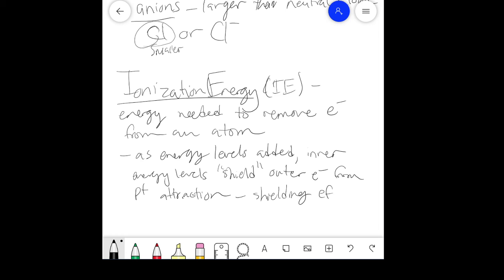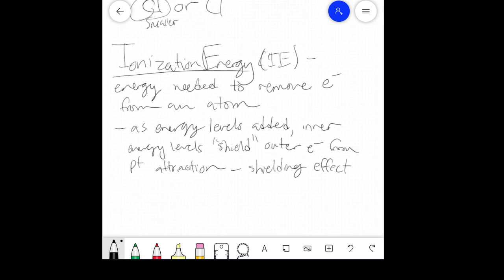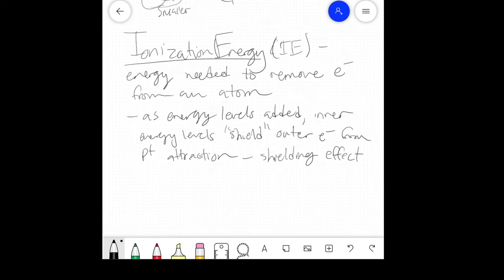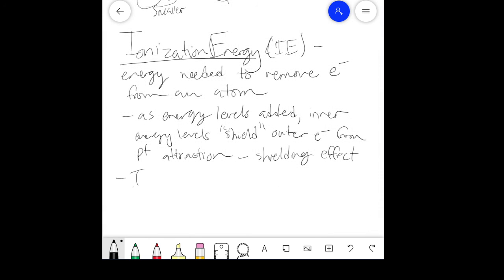So this means that the inner electrons are harder to get rid of because they're closer than the other ones. The other ones are kind of just loosey-goosey. Well, not really loosey-goosey. They're still there, but they're really easy to just come by and take. So, ionization energy decreases down groups